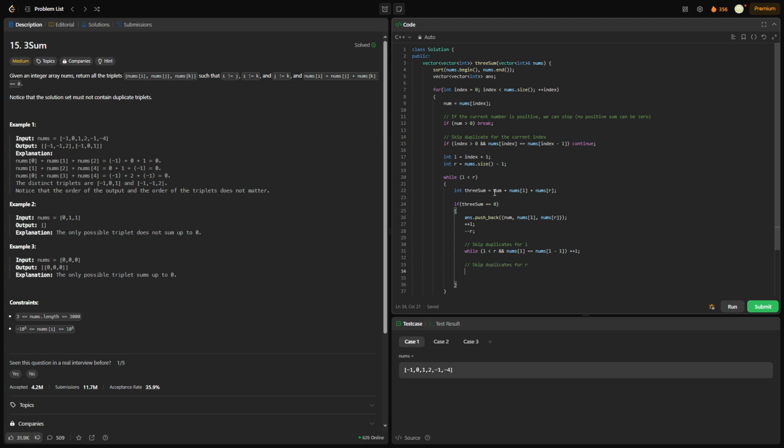Then down here, we skip duplicates for R. So we're going to say while left is less than right, and nums of R is equal to nums of R plus 1, because we're moving the right pointer over to the left, right? In that case, we're going to do minus R. Okay. That's the if statement. We're going to do else if,